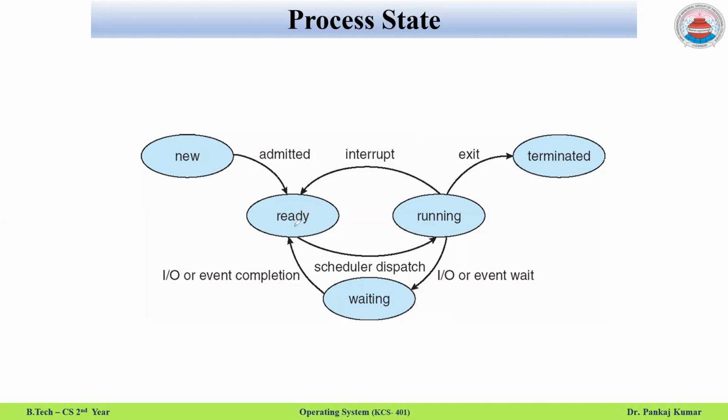All the schedulers are dispatched. Schedulers means the necessary requirements to execute this particular process. If they are fulfilled, then the CPU starts running it. During the running state, or during the execution, if any event occurs, if it needs any other resource or any IO event, it must wait, and it goes to waiting state. This is called waiting state.